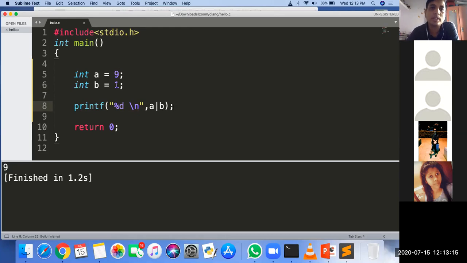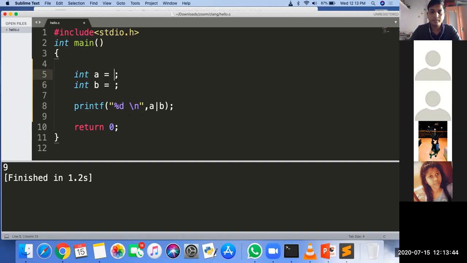Because if you check the last bit, 9 means 1001, and it is ORed with 0001. The last bit is 1 OR 1, so there is no change in the result. But if it is 2, then the answer is 11. Okay.